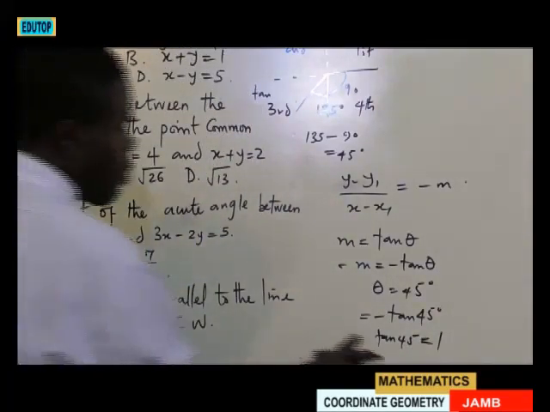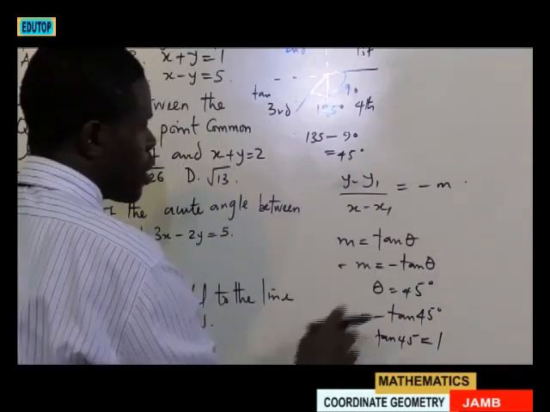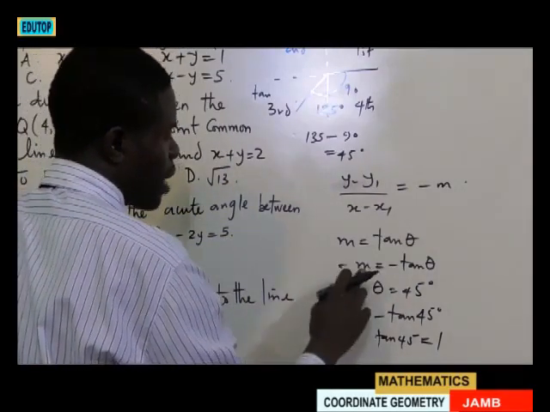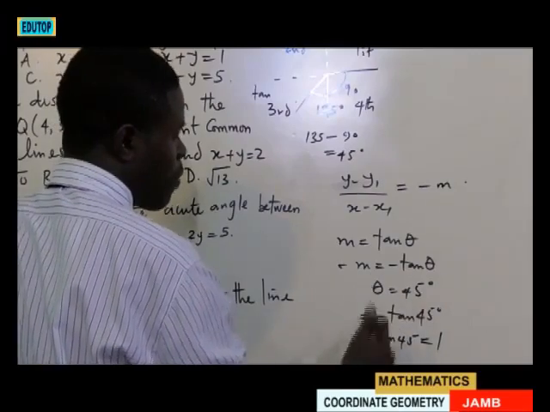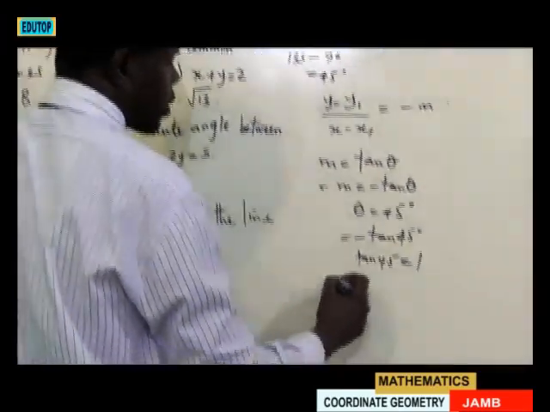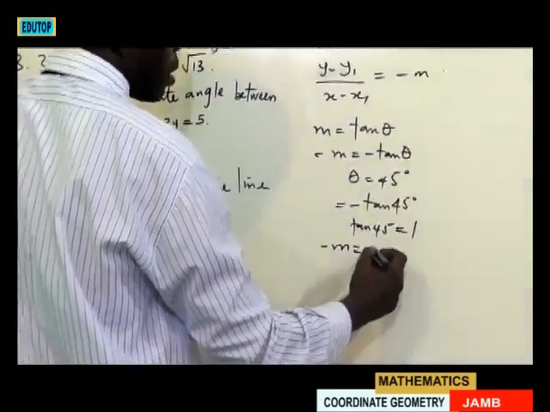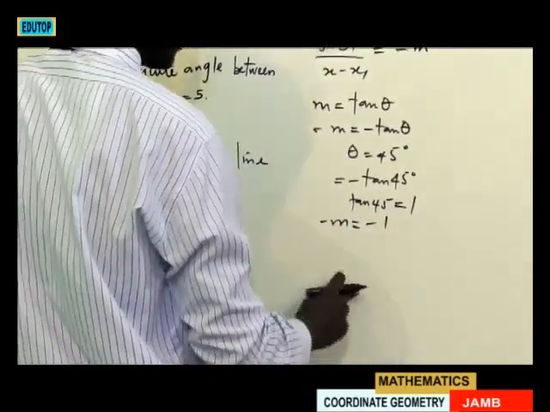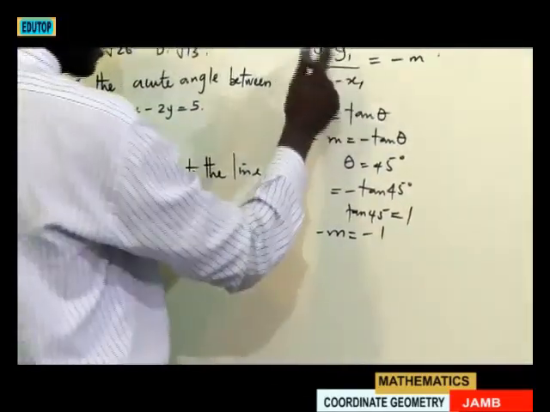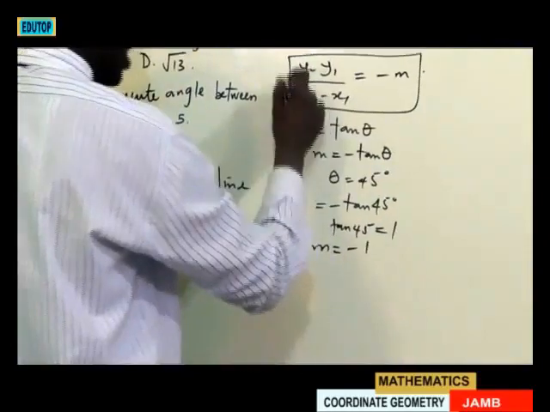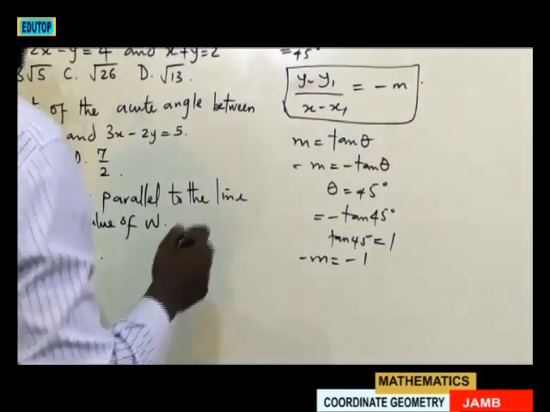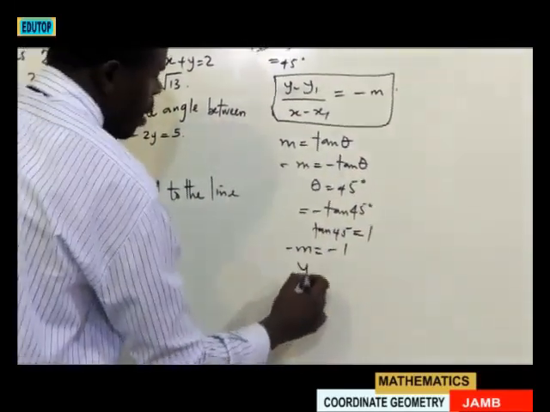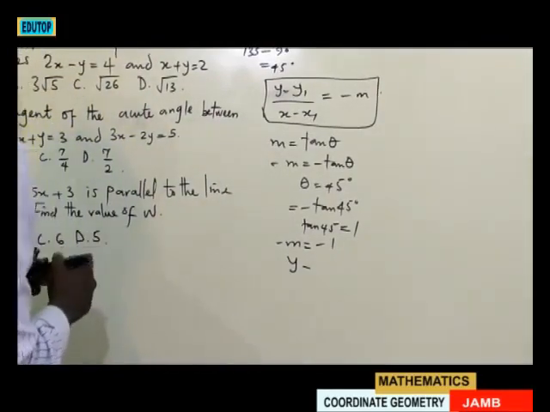Then, since our tan 45 degrees is 1, we can go back to here and say minus m, which is minus tan 45, will now be minus 1. So in that situation, we can come back to our original equation, which is the equation of the line. So in this situation, we're going to have y minus y1. So we go to our point. Where is our